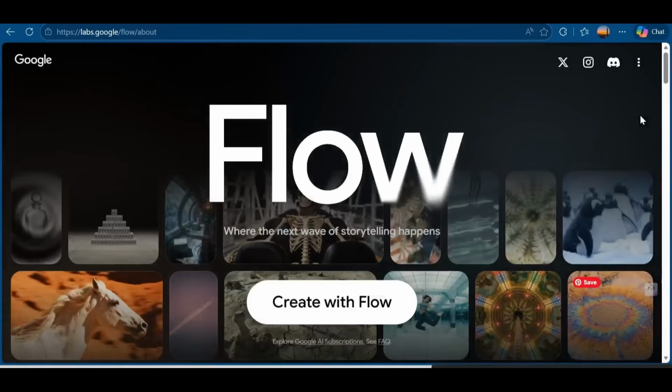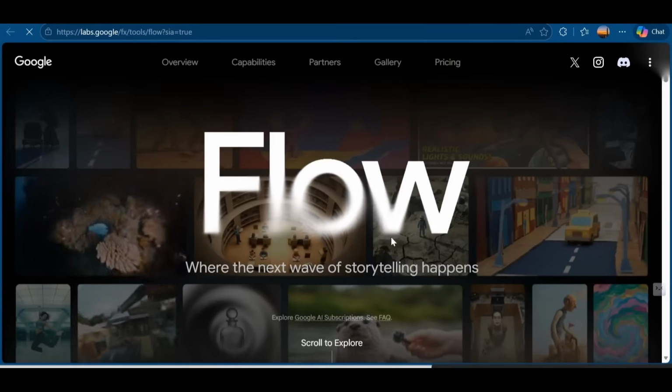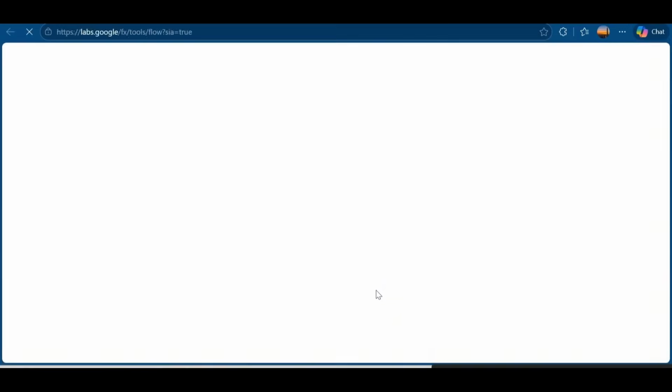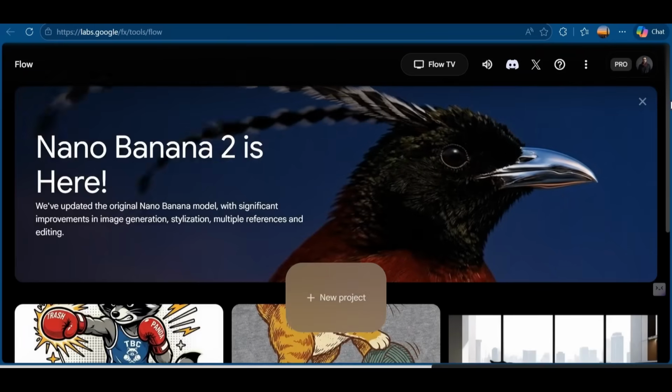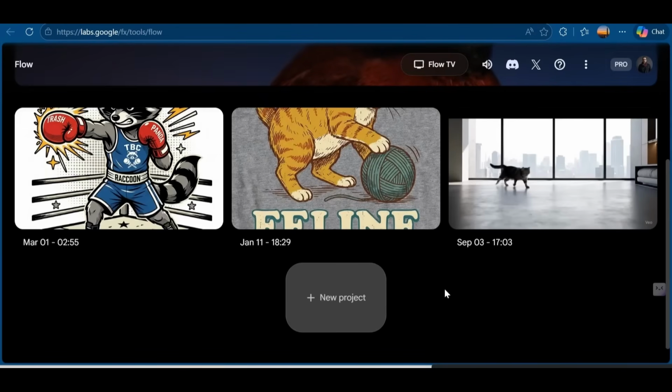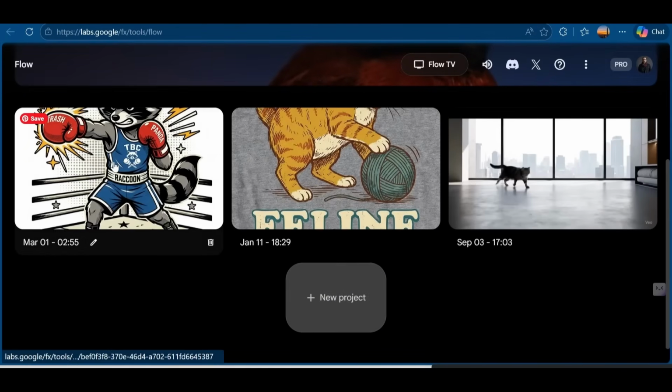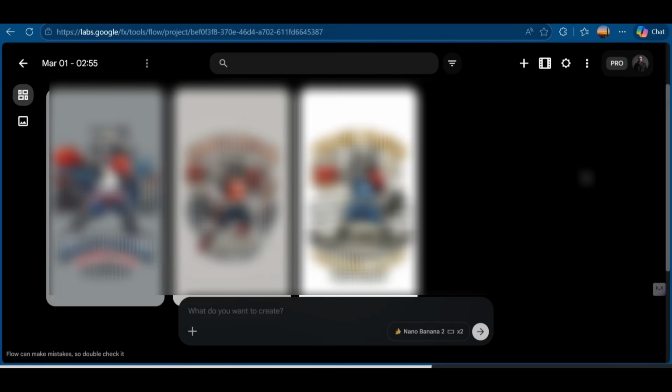So press on the Create with Flow button, and this will take you to the main dashboard where you will be asked to sign up using your Google account. Once you sign up, press on the Create with Flow, and then this will take you to the main home screen of Google Flow. Press on the New Project button, and this will take you to the prompt box where you can enter your